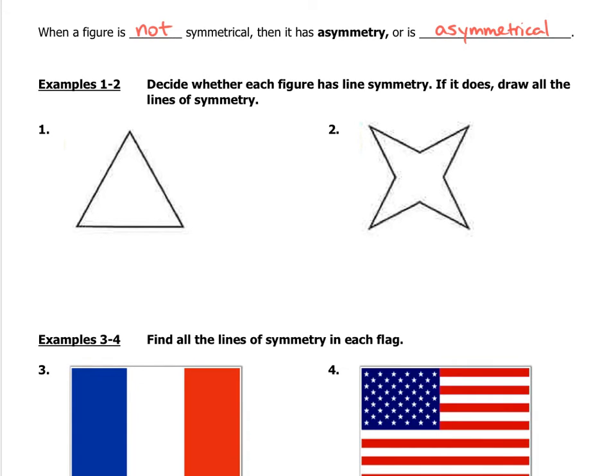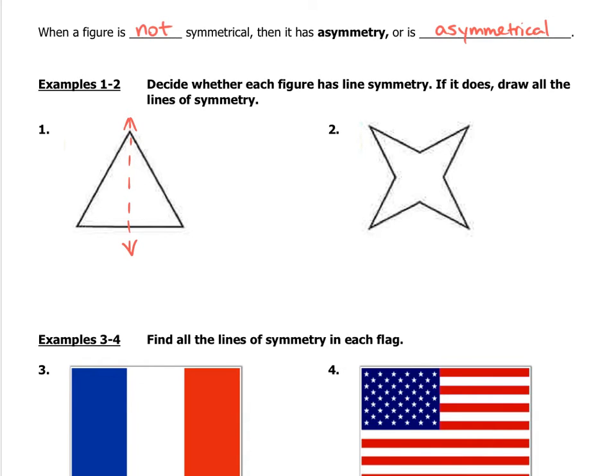So in number 1, we have a triangle. It appears to be an equilateral triangle. And we're going to try to determine whether or not it has line symmetry. Well, let's imagine drawing a line from this vertex at the top down the middle of the triangle. If you were to fold one half of the triangle over on the other, would you get the same shape? And the answer is yes. Okay, so the left half is a mirror image of the right half, and therefore we have line symmetry along